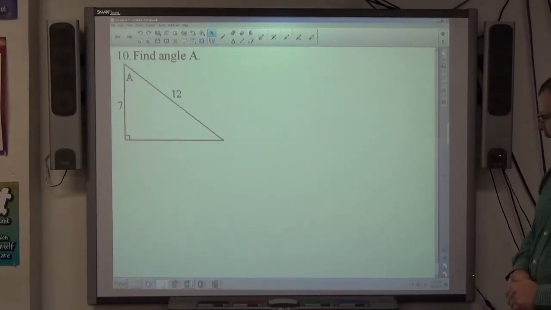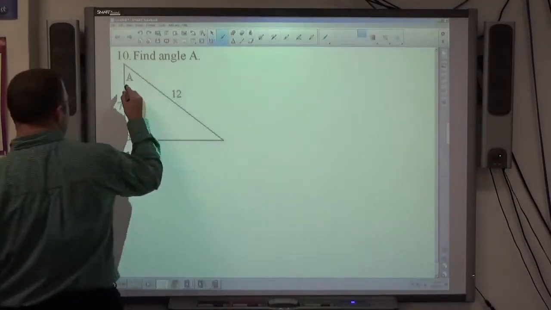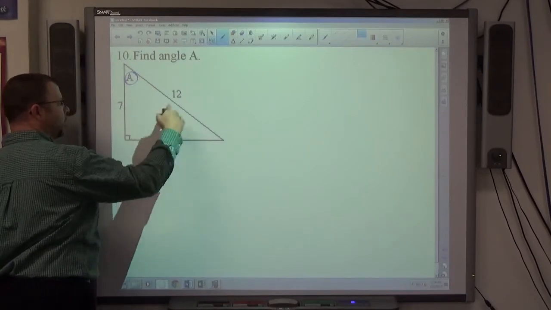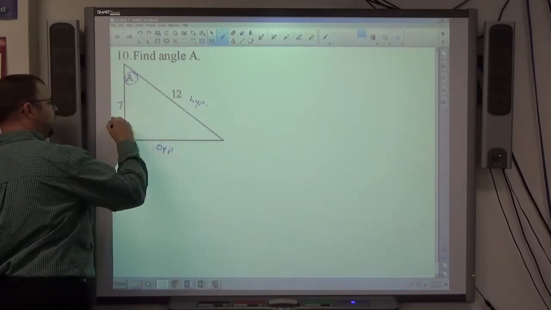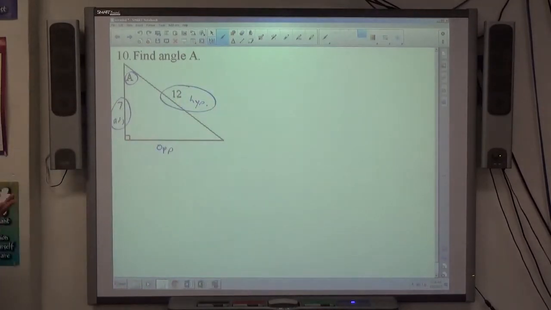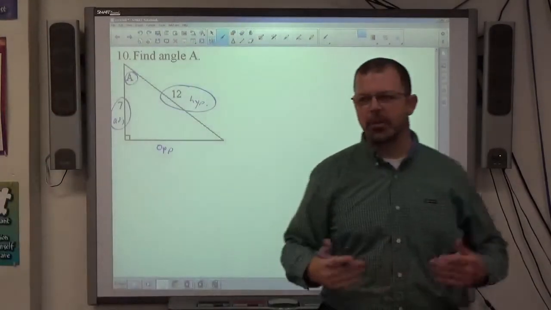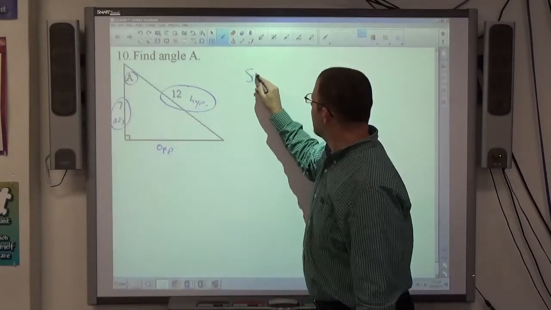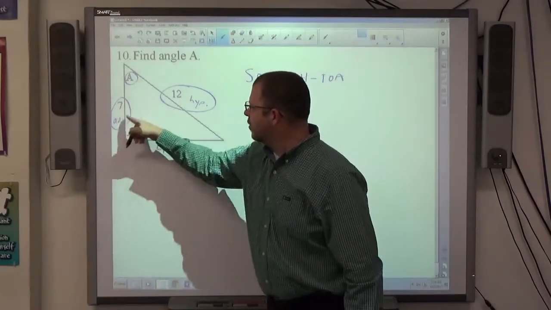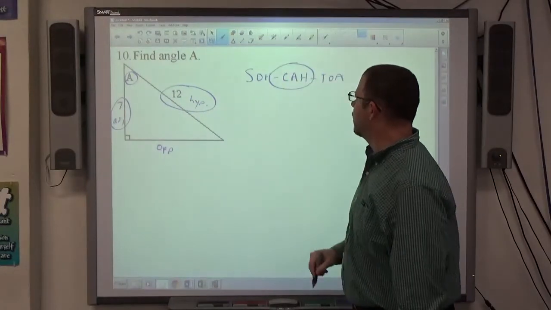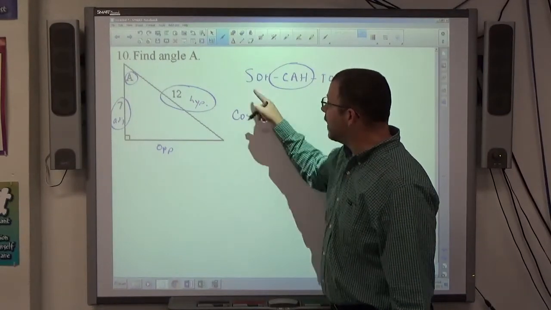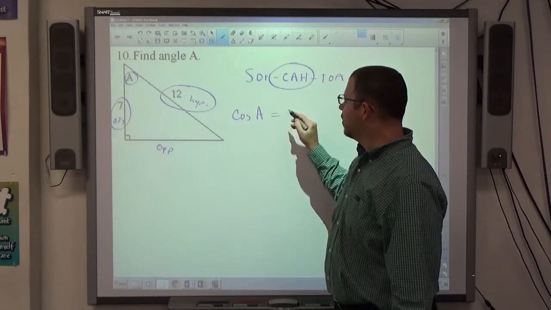Number 10, find angle A. So once again, looking at the angle we want to find, which is this one, I identify for angle A the opposite side, which is down here. The hypotenuse is over here, and the adjacent side is right there. Once again, the two sides I'm going to work with are the adjacent and the hypotenuse. No guarantees on the test that you'll use cosine both times, but in this case it looks like cosine is the best. Again, if we consider SOHCAHTOA, once you've established the sides you're going to work with, that establishes which one of the three trig ratios is going to be helpful. Cosine, C for cosine, of the angle, which is A, is equal to the adjacent side